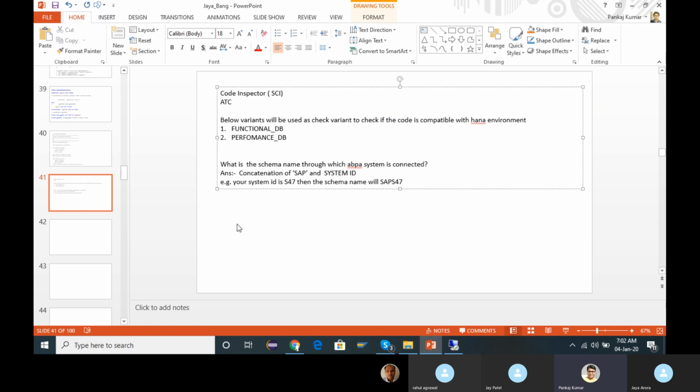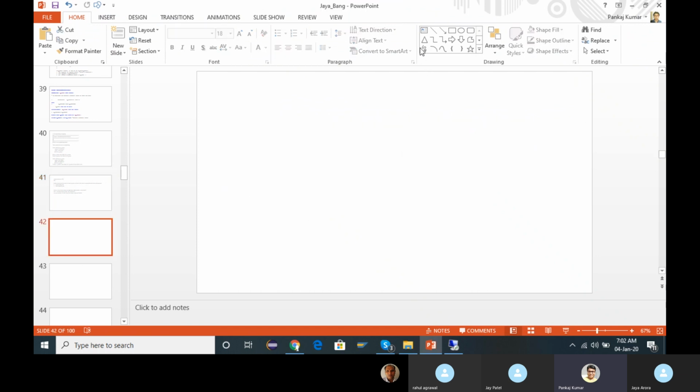What is schema? We are discussing schema, but what is it? The definition of schema is that it's a mandatory database object. Let me write it for you.